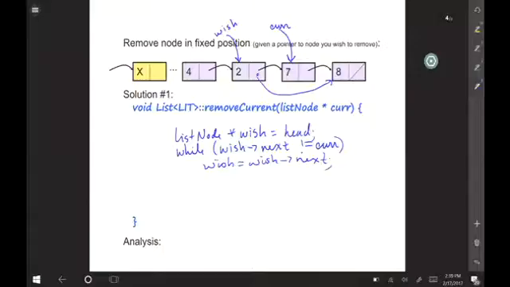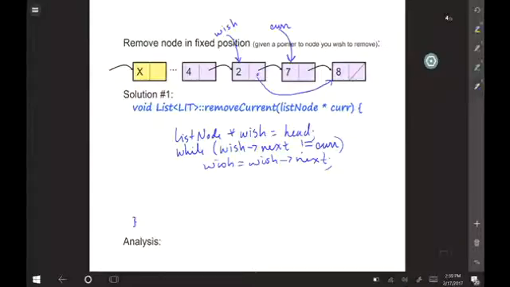I can't. Why? Because there's a sentinel, right? Head will never be null. I never need to worry about it. That's kind of cool. Didn't have to think about null there. Yay. All right. So walking forward, perfectly fine. Wish next could be null, but if cur is not equal to null, then wish next won't be null. Okay? So I've walked forward wish until it's the one before cur, and now I've got everything I need to fix up the pointers.